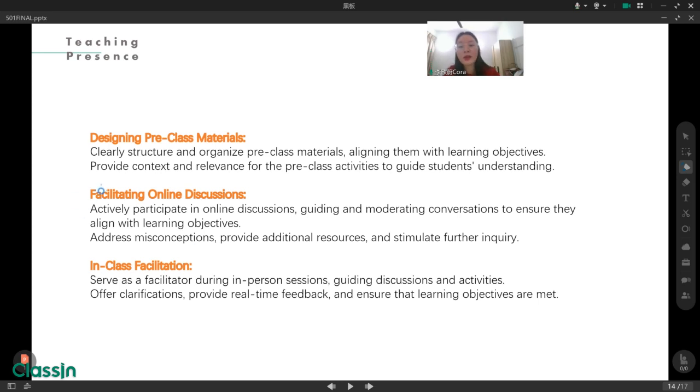In this step, we can organize pre-class material and align it with learning objectives. That means we have to set clear objectives according to the materials we have. And we also provide content and relevance for pre-class activities to support students' understanding.